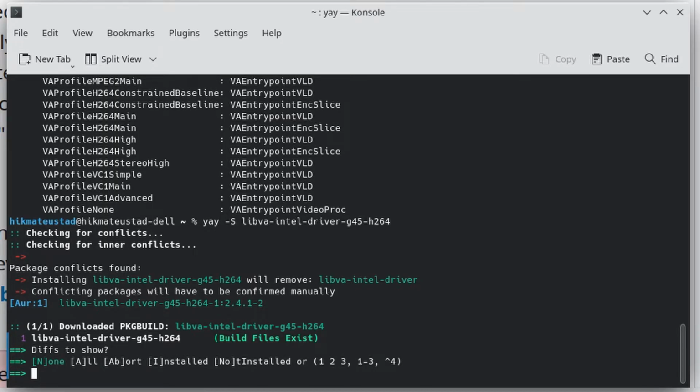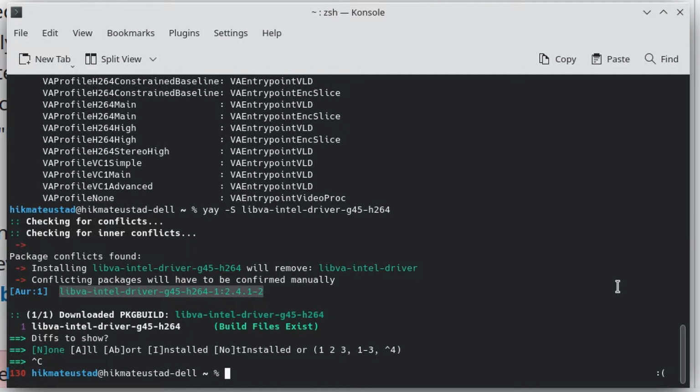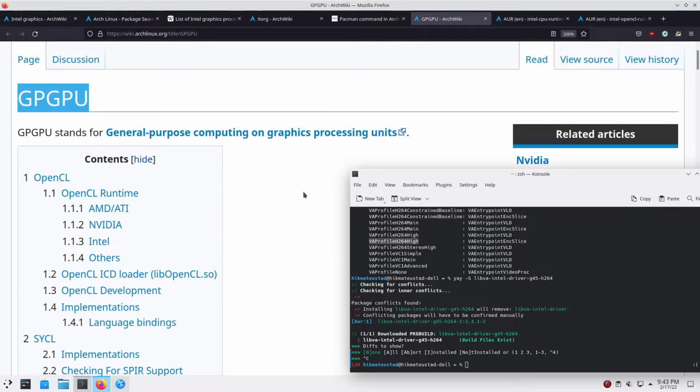Okay, so if we install this driver, it will conflict with the driver we have just installed. So please do not install it. All right. So next up, we are moving to the